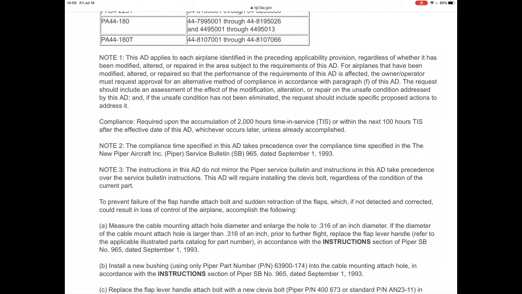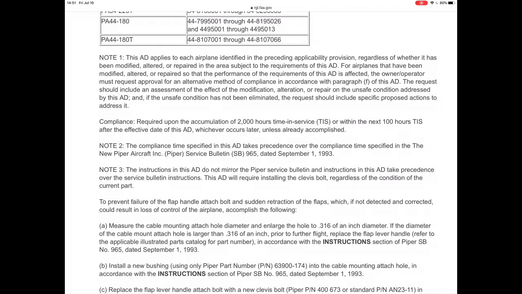Therefore, if we've just made a repair to the flap system because we noticed these elongated holes and we submitted the paperwork, just because we performed that repair does not mean that this is going to be the continued approved method for continued airworthiness. Therefore, even if we just repaired this yesterday and the aircraft hasn't flown yet, in order to conform with this AD, we're going to have to comply with the repairs that are cited in this airworthiness directive. Note 2